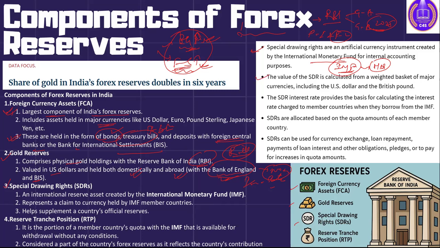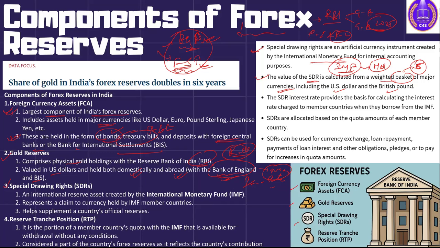Second one, the value of SDR. It is calculated from the weighted basket of major currencies. So you need to tell me what sort of currencies are there apart from the US dollar and British pound. It is a basket of actually 5 major currencies. So what are the 3 other major currencies in the basket of SDR, whose average is used to calculate the SDR? And if your average is more, if India has a better position in SDR, it is going to give a voting right to the Indian government in the IMF, in various international